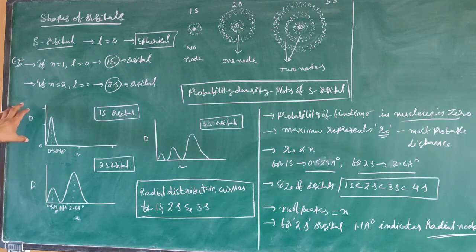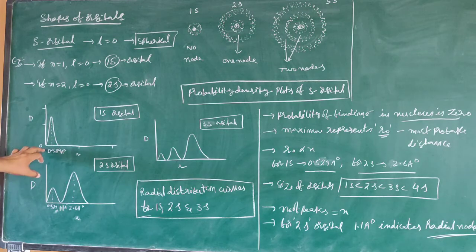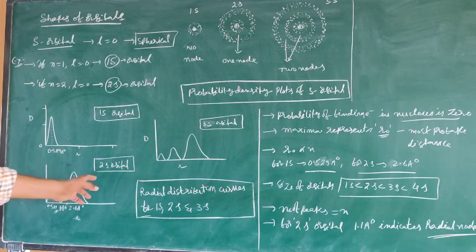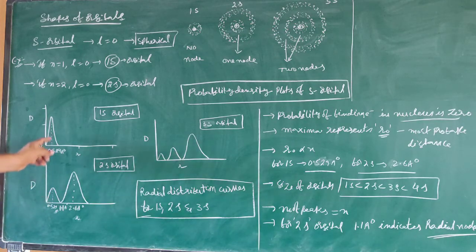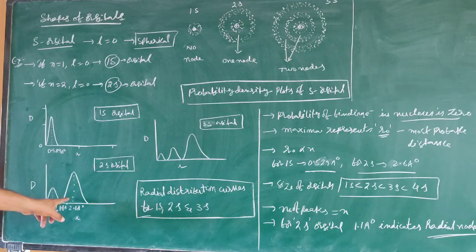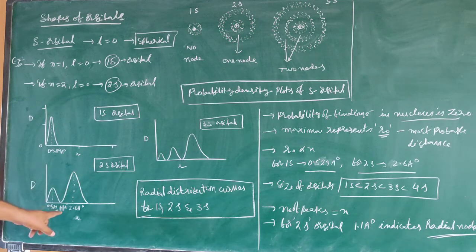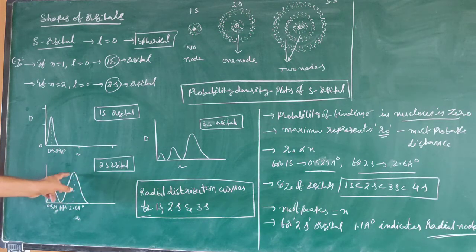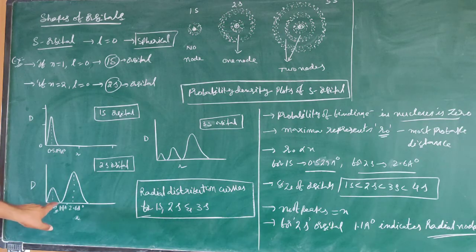If we consider the 1s orbital, here at 0.529, that is around 0.53 angstroms, the maxima or peak appears. If we consider the 2s orbital, the first peak is around the same, 0.529 or 0.53 angstroms. The second peak is at 2.6 angstroms. The minima is at 1.1 angstroms. This area represents a node. This area represents a maximum, the maximum probability of the electron. In this node area, there is 0 probability of finding the electron.